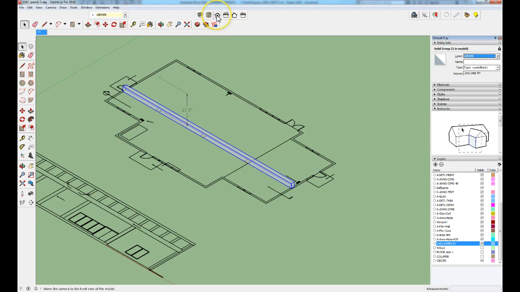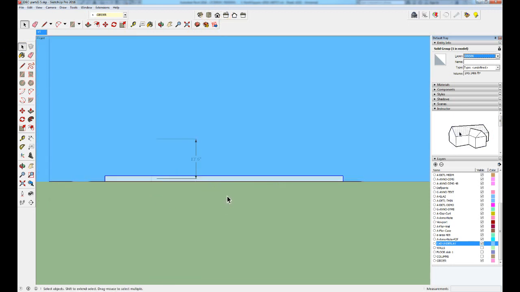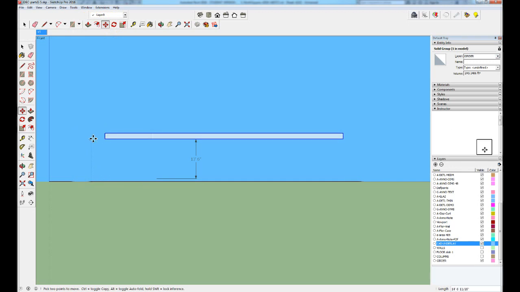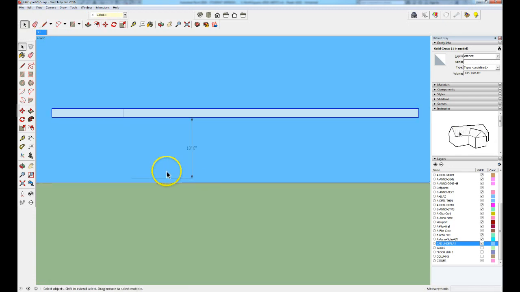Then I'm going to go to a front view and raise it 12 inches. That would be the top of that slab, plus the height, the 13.6 height would be 14.6. Let's use the move tool to select any place and draw and make sure we're on the blue axis, and we're raising it explicitly 14.6. So that sets the correct elevation, which is 13.6 above the slab, which is invisible right